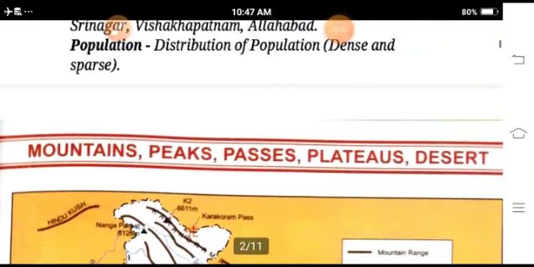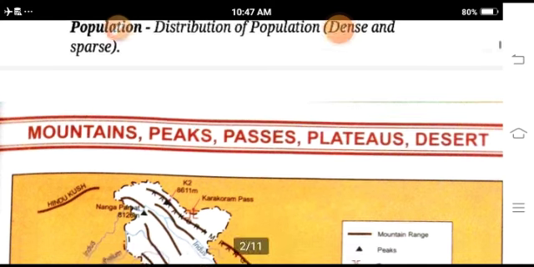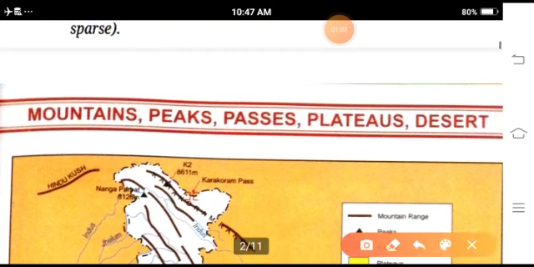Firstly, we are going to the mountains and peaks, passes, plateau, and desert region. Karakoram Pass is the only pass in your course, and it has to be seen in the Himalayas region.